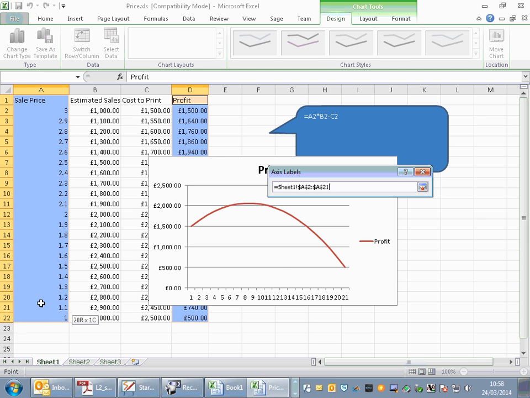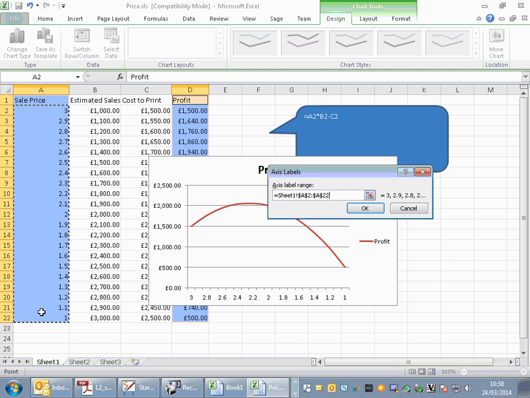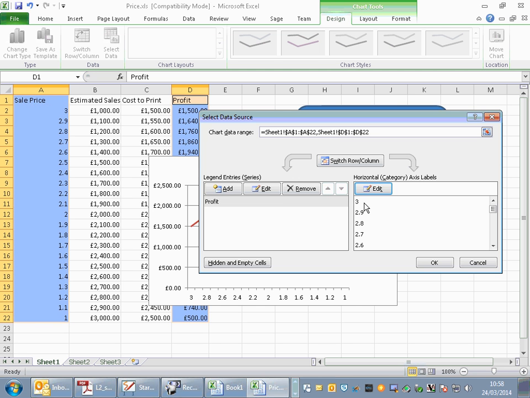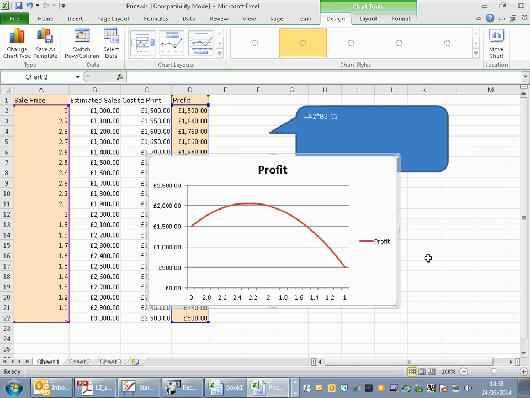We want those values to be the x-axis values. Okay, so these are the values of the sale price. So this now would show us